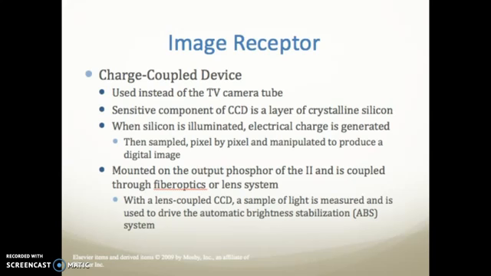So the image receptor in digital fluoro is a charge coupled device. We use that instead of a TV camera tube. Its sensitive component, the CCD, is a layer of crystalline silicone. When silicone is illuminated, electric charge is generated, then sampled pixel by pixel and manipulated to produce a digital image. It's mounted on the output phosphor of the II and is coupled through fiber optic or a lens system. With the lens system coupled CCD, a sample of light is measured and used to drive the automatic brightness stabilization